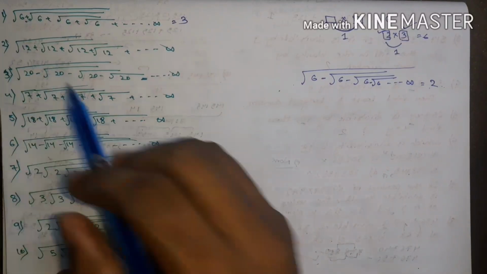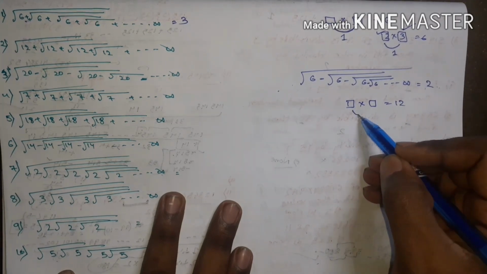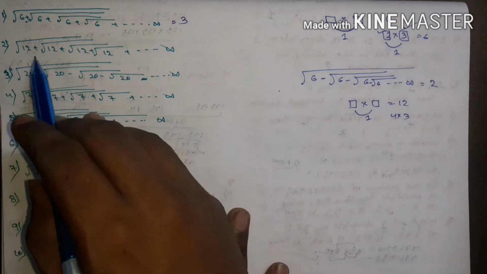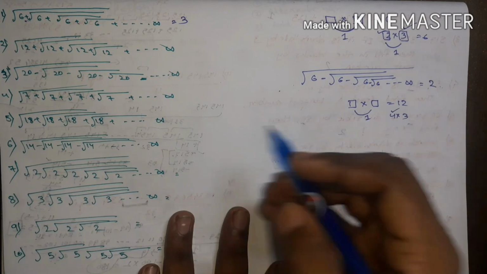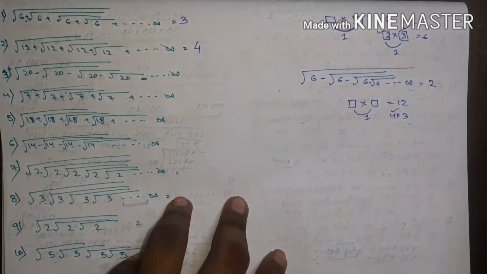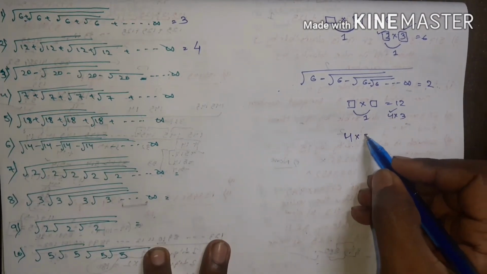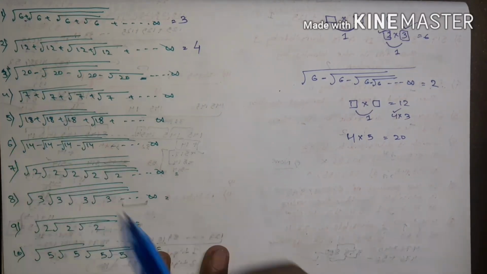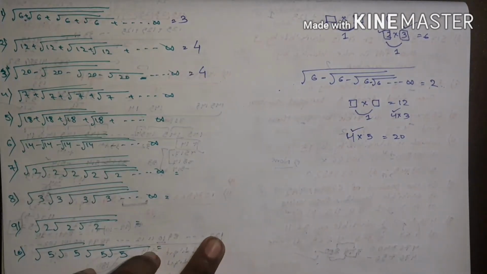It is given 12. Dash into dash equals 12 and its common difference is 1. That is 4 into 3. Which sign is given? Plus sign is given. So the large number is our answer. Then the answer is 4. Got it? Then 20. 4 into 5 equals 20. But here the subtraction sign is given. Our lowest number is 4. 4 is the answer. Okay, got it? Then go for the next question.